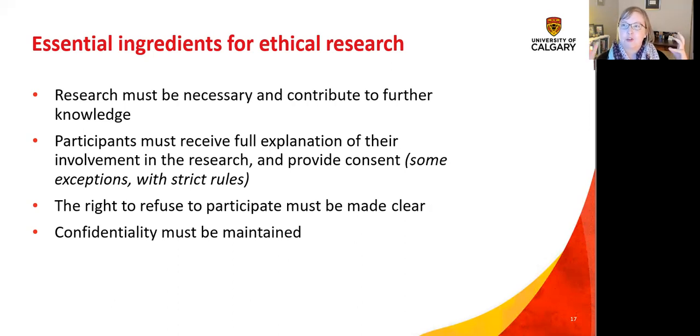So if you are interfering at all or attempting to influence the behavior in that environment, then you have to have consent. Sometimes if you're doing observational research, looking at crowd behavior, you might put up some signs around to say a researcher is looking at crowd behavior in this space. Just be aware. If you don't want to be involved, please call this number, and something like that.